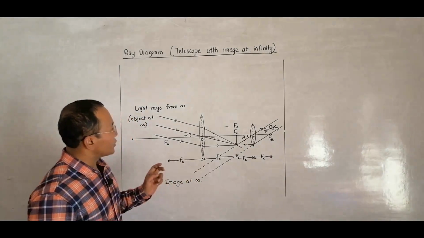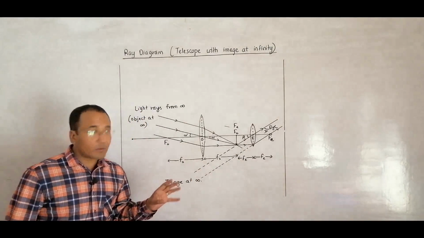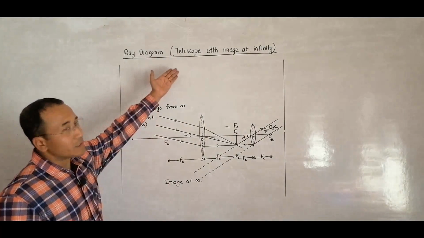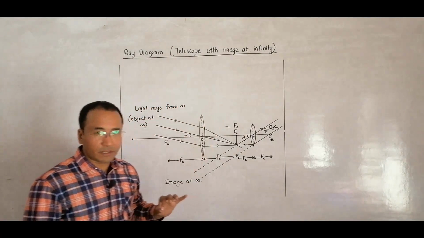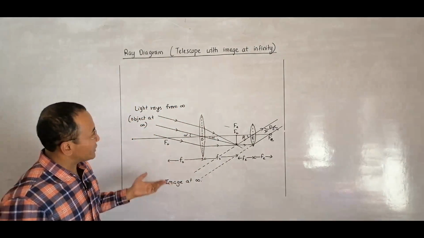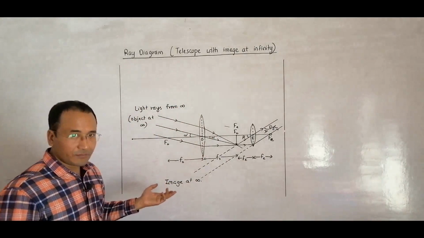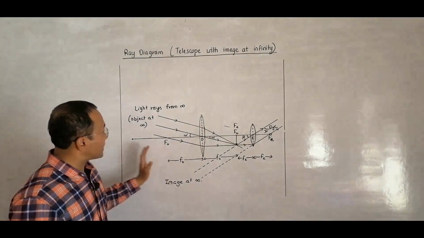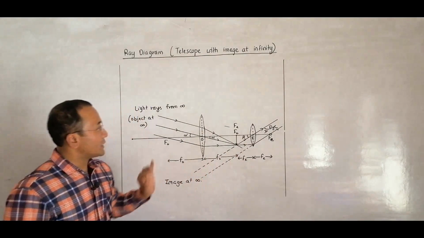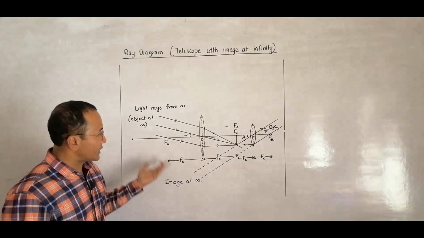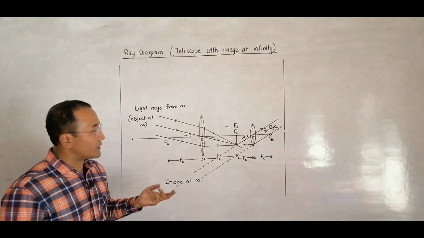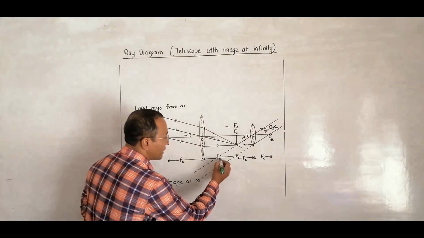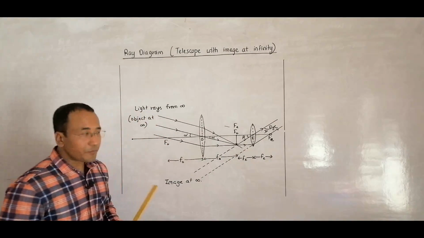So this is how you draw a ray diagram of a telescope with image at infinity, almost perfectly. So I think there is no way that you can lose marks here. Anybody can deduct marks here, because every measurement has been drawn to fineness, and I myself cannot deduct any marks because I myself have done it. So this is how you